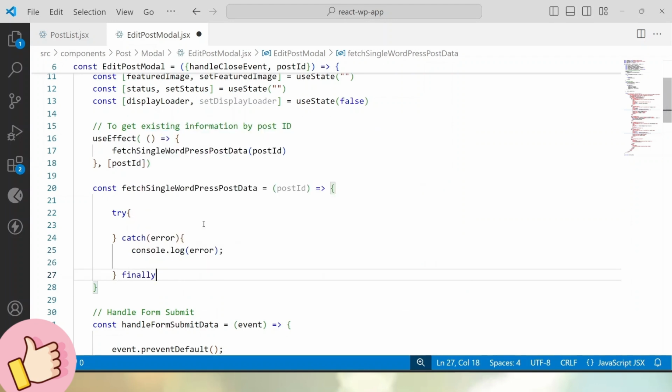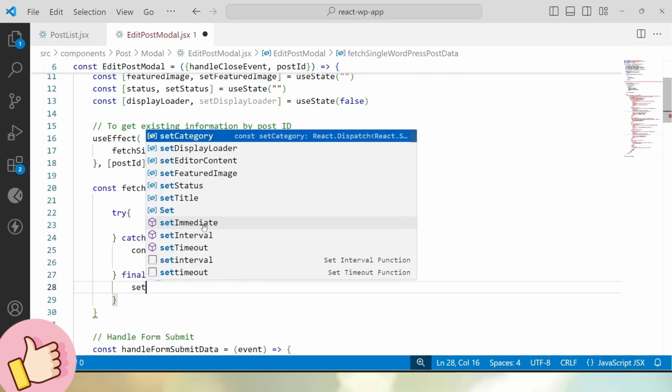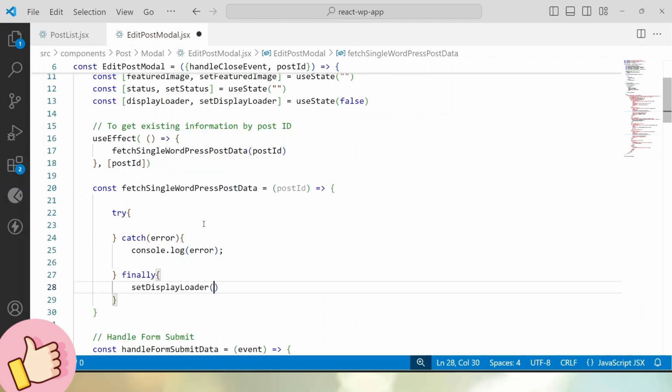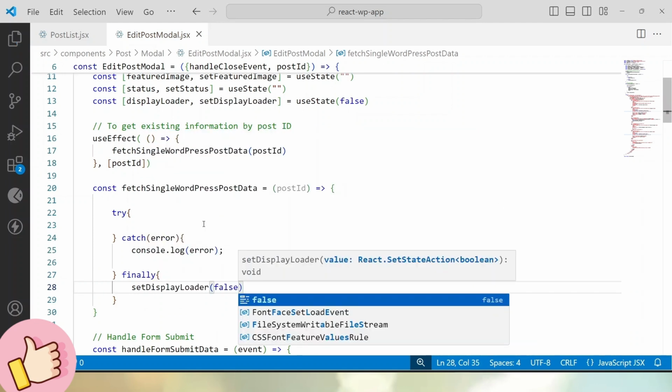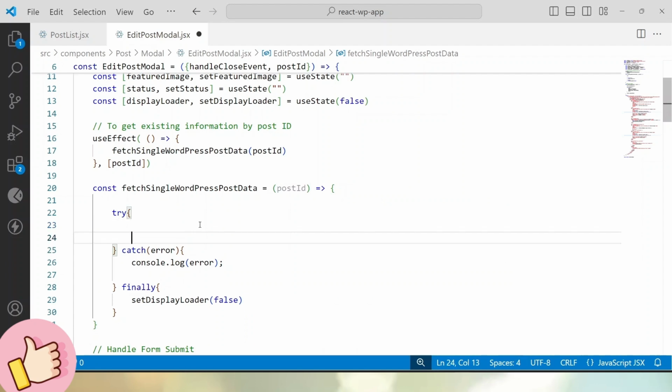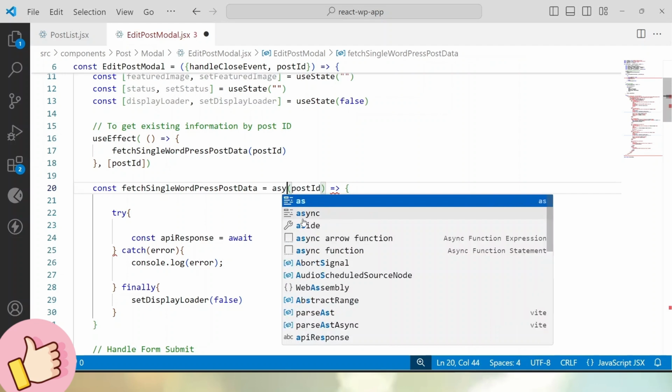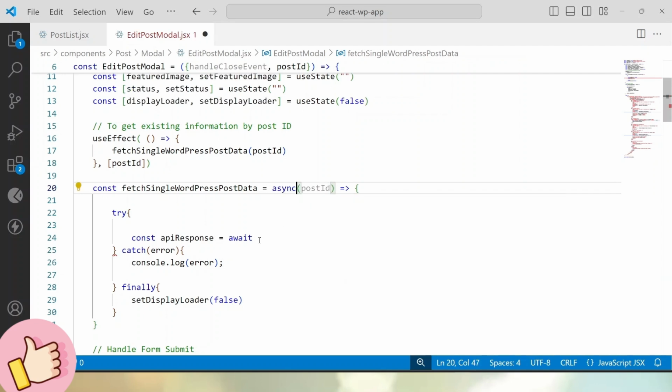Otherwise, as we have also discussed, we'll have a finally block, let's say setDisplayLoader, and it is going to be the false value. Let's go inside this try block. So const apiResponse equals await, and before that let's add the async keyword so that this function will be async in nature. So await fetch method,